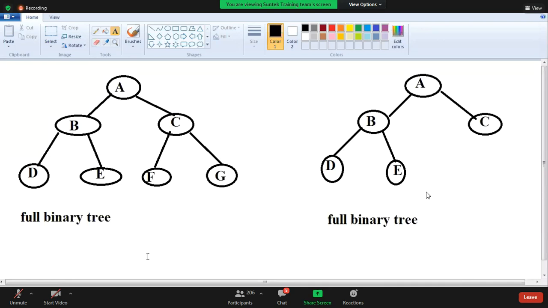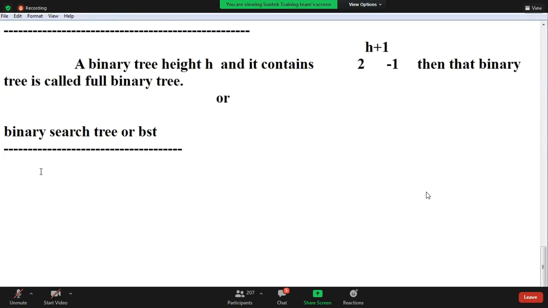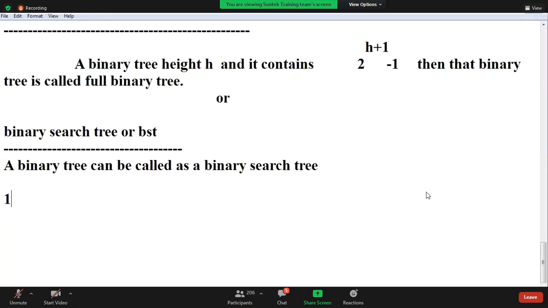Yeah, next one, guys, BST, binary search tree. A binary tree can be called a binary search tree if it follows three rules. Binary search tree has to follow the below rules.